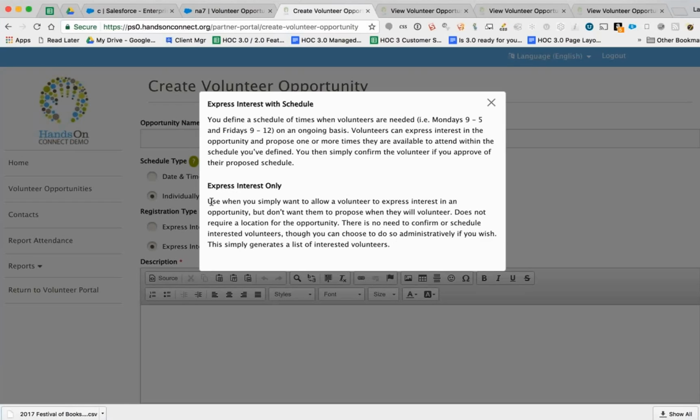So express interest only simply has a button that says express interest, and then no further action is required of the partner. The volunteer is just notified that, hey, we've told them you're interested, and they'll be in touch if there's anything else you need to do. This also makes it possible to do things we've never been able to do in HandsOn Connect. For example,